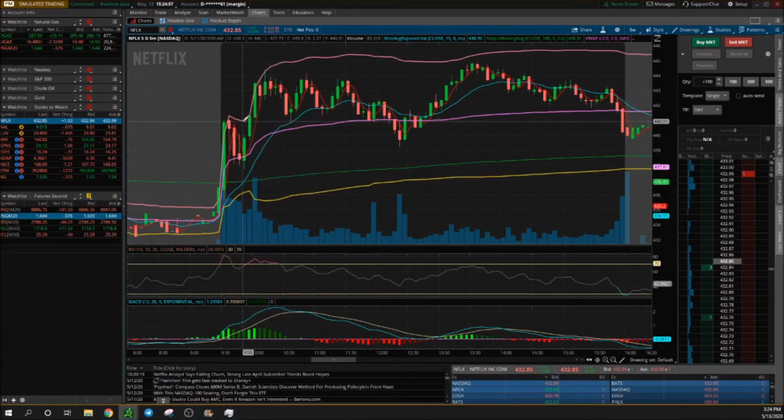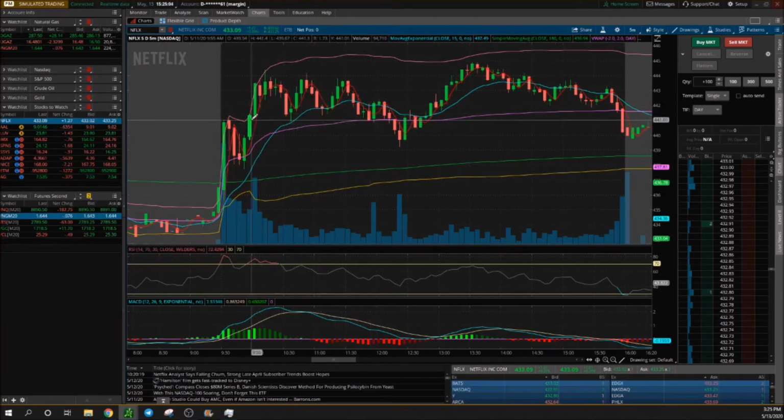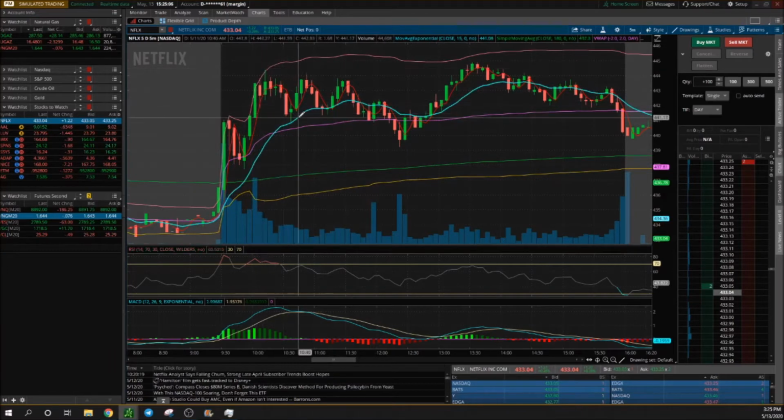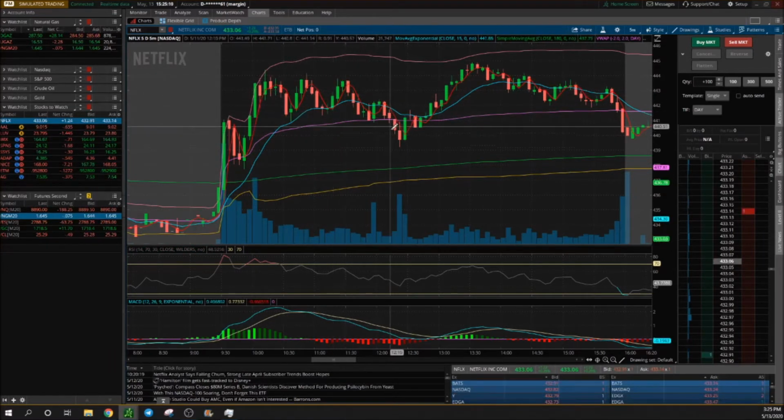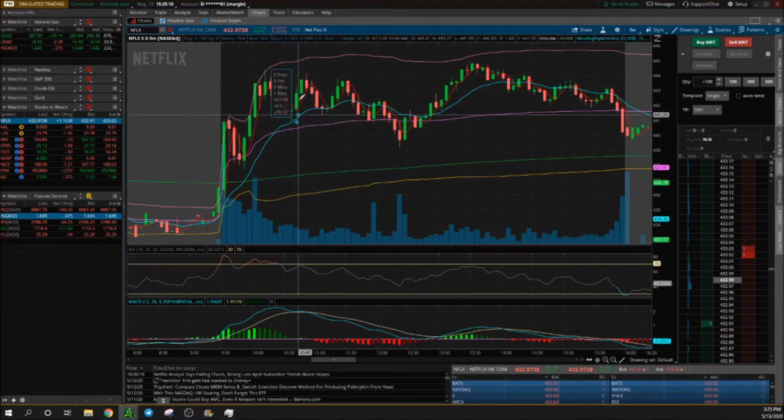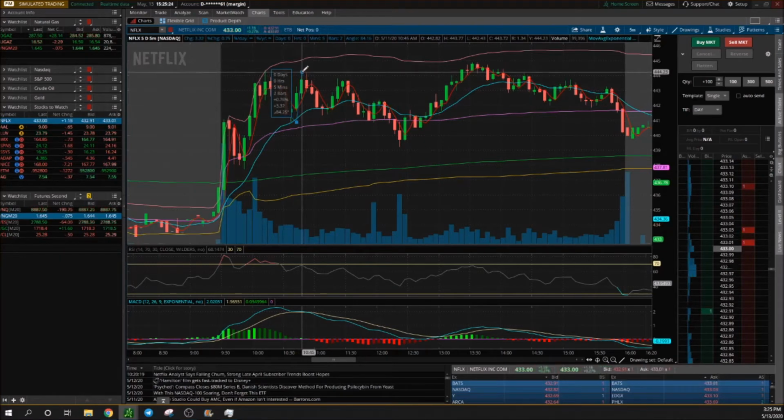So we identified a support and we identified a resistance, and there could have been multiple plays made here because we went up to this resistance, down to the support, up to the resistance, down to the support, up to the resistance, down to the support, right? So that's why it makes sense to buy as close as you can to the support, right? Because if we bought at this exact support line and sold it off at the perfect resistance, that's 0.75% profit